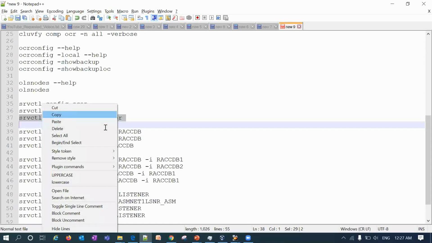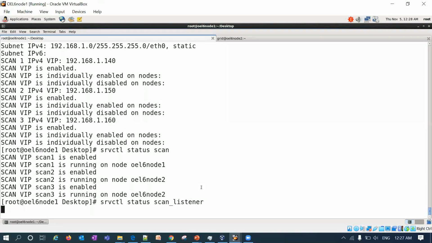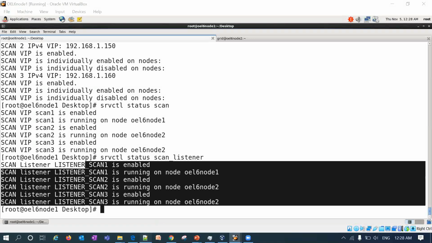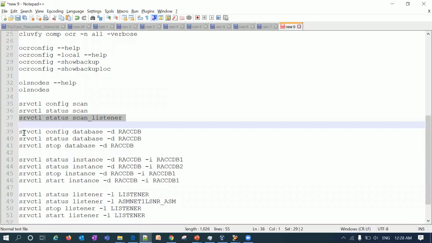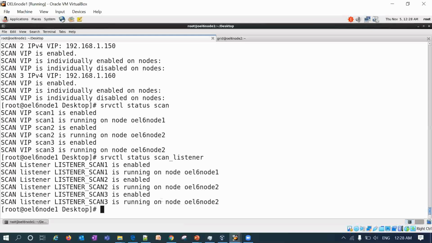Again, you can check the scan listener with SRVCTL status scan listener. Right, scan listener is enabled and running on both nodes. And again, coming to the database operation, you can see SRVCTL config database, status database, stop database, everything you can do.